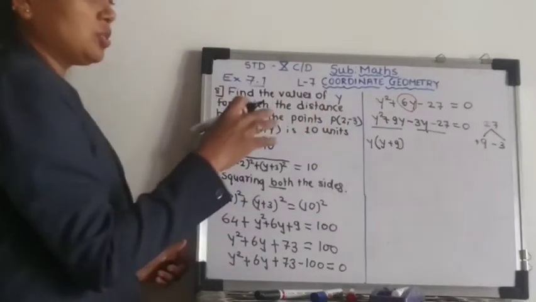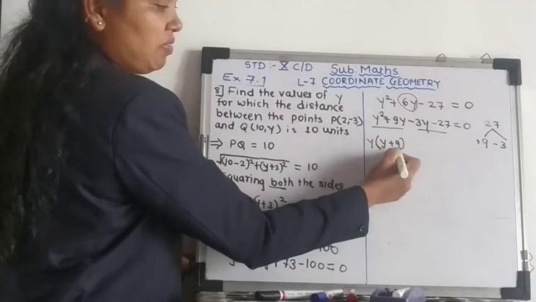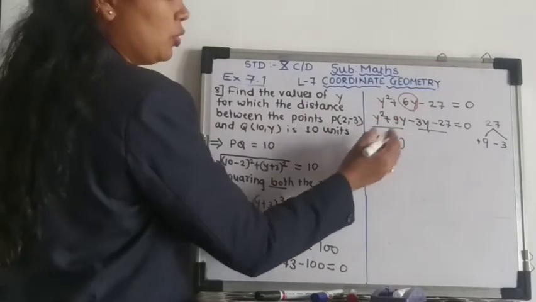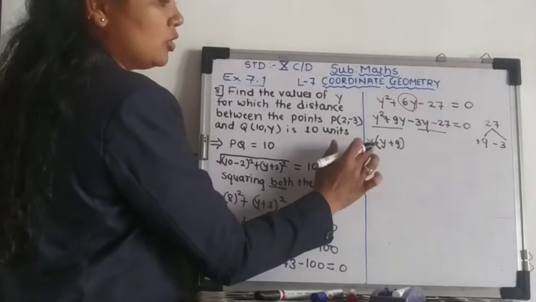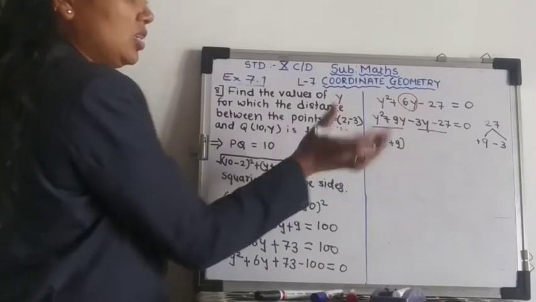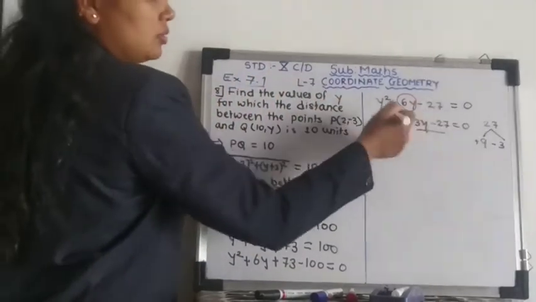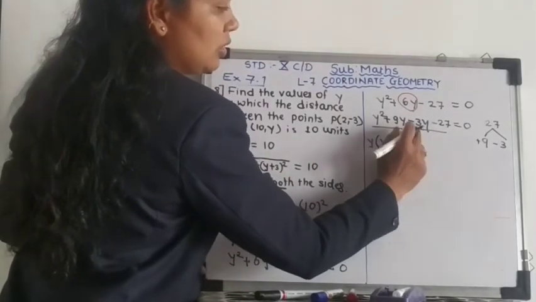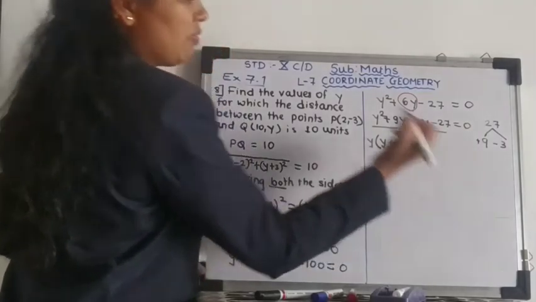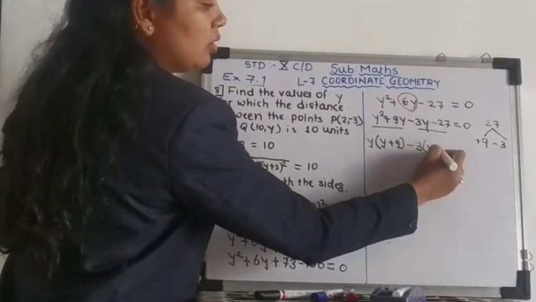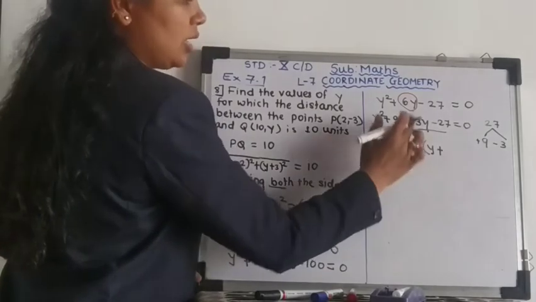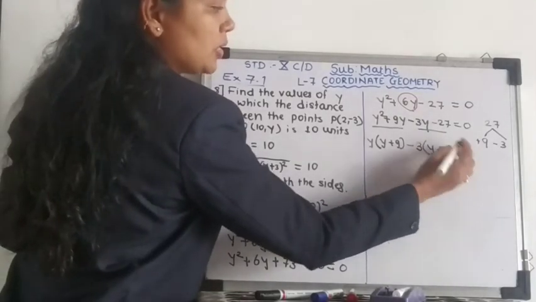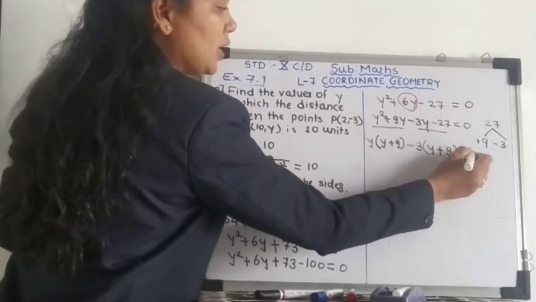I told you in the previous videos how we will get what will remain inside the bracket. Whatever common we are taking, by that common number we are dividing each term from the upper step. So minus here, in 3's table 27 comes, that's why we will take 3 outside. Y plus, due to this minus sign we have taken outside, so this next sign will change into plus. 3 9's are 27, that's why 9.